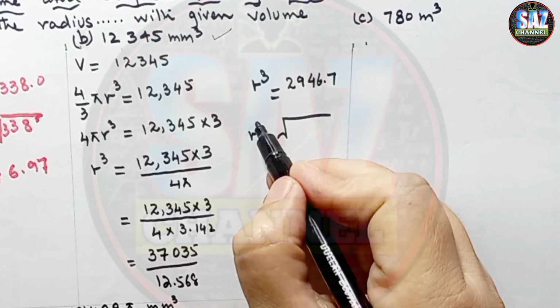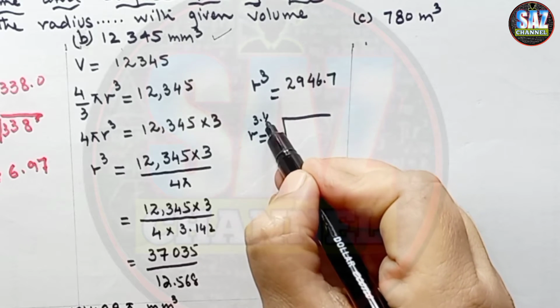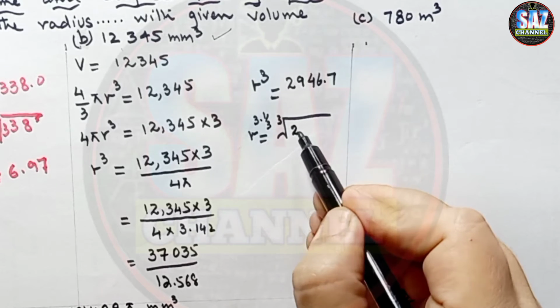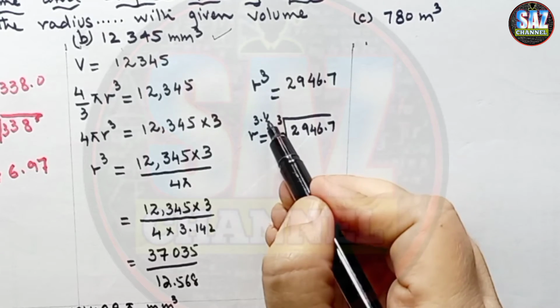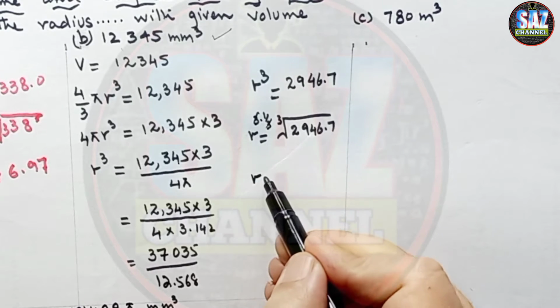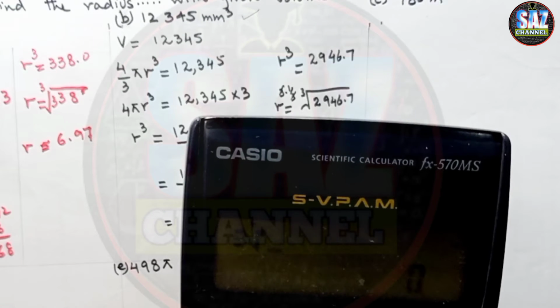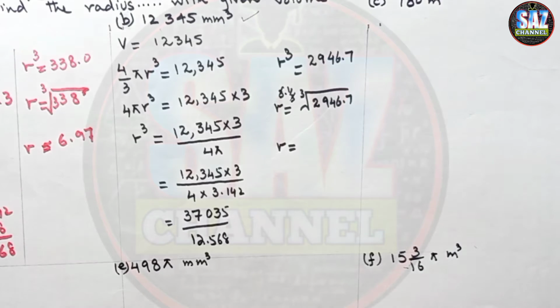Okay, as I'm doing this for the young students, when I take the cube root, I have to write 3 multiplied by 1 by 3, and on this side it can appear in this form as well, 2946.7. On this side this 3 will go with this 3, and now I have to hold the calculator, first press the shift key and then the cube root key, and there will be the display. I hope my students can see this, that there has to be the display of a square root with 3 outside, and this is the cube root symbol, and then you have to press the value